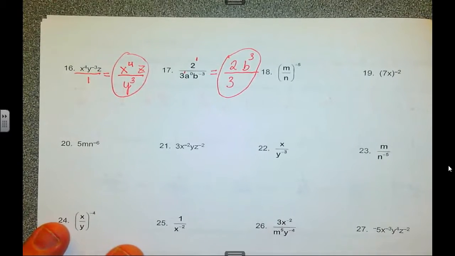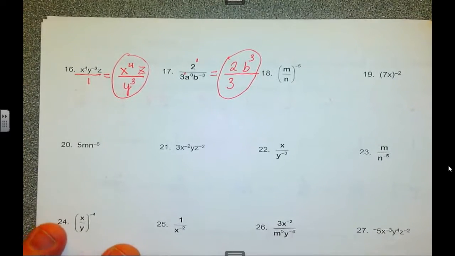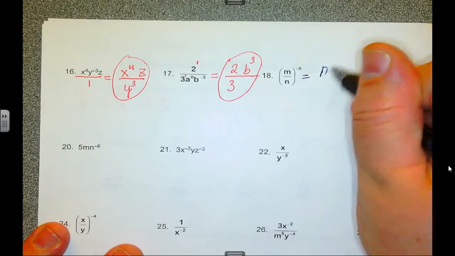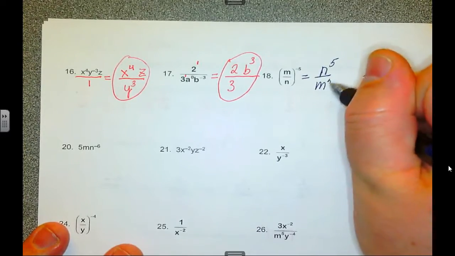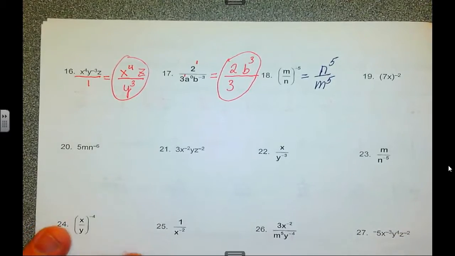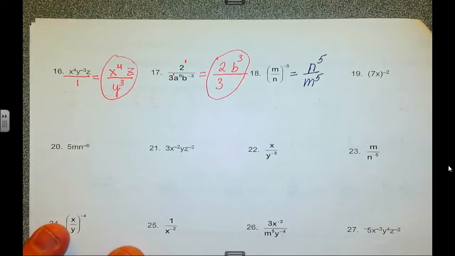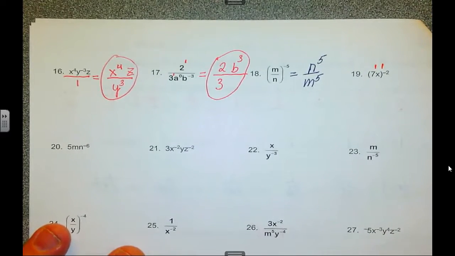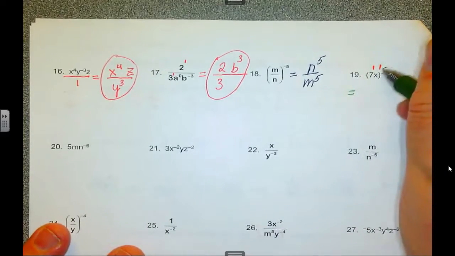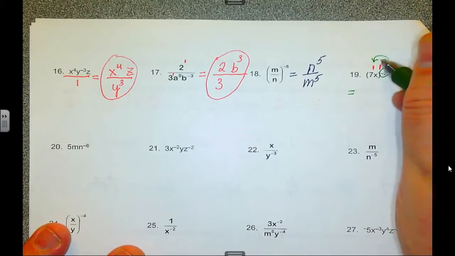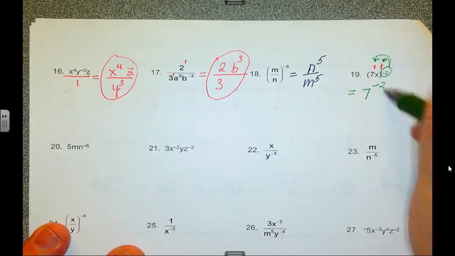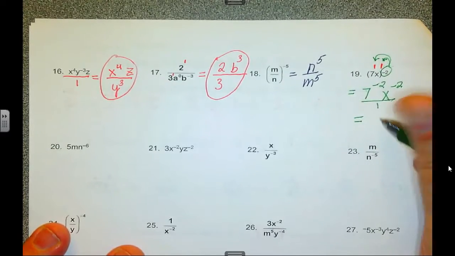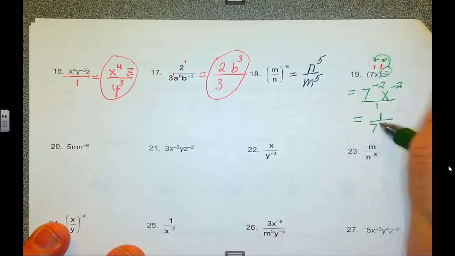How about 18? It'd be n to the 5th power over m to the 5th. I'm glad you guys are getting the hang of this. How about 19? Don't forget, these have an exponent of 1. So I'm going to have to multiply the negative 2 first. So 7 to the negative 2, x to the negative 2. Yep, it's over 1, so I'm going to have to flip it. So it's 1 over 7 squared x